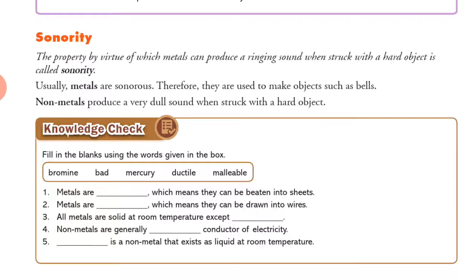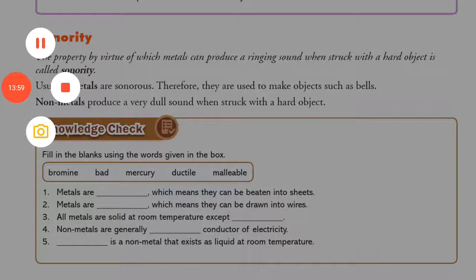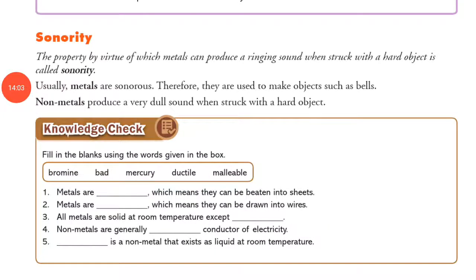Got it, dear students? So in our next class we will study the various chemical properties of both metals and non-metals. Till then, dear students, do one thing: form a table on the basis of the physical properties of metals and non-metals, so that you can easily understand them and separate them easily.